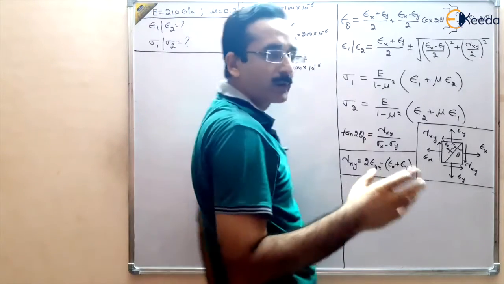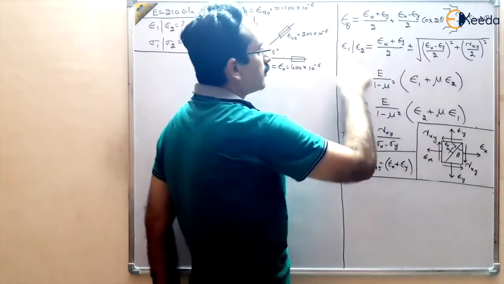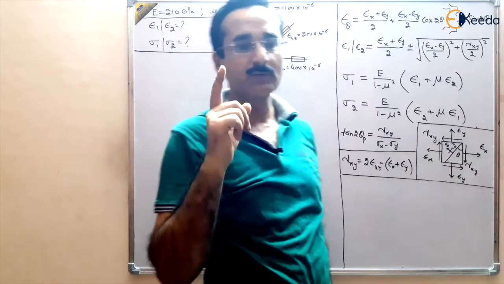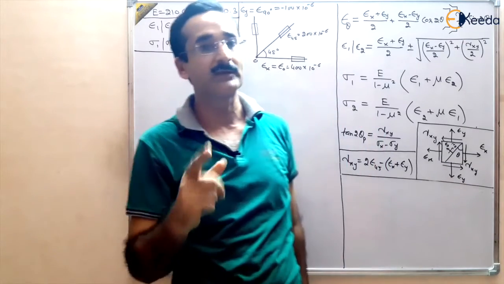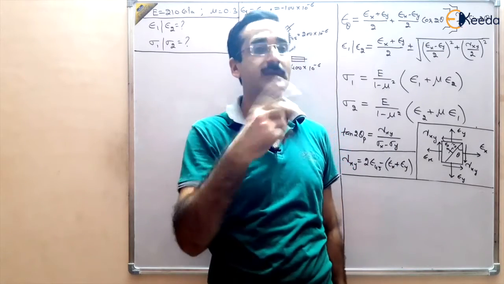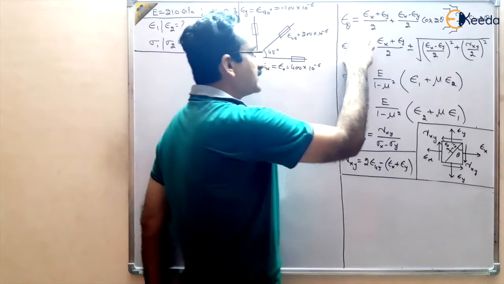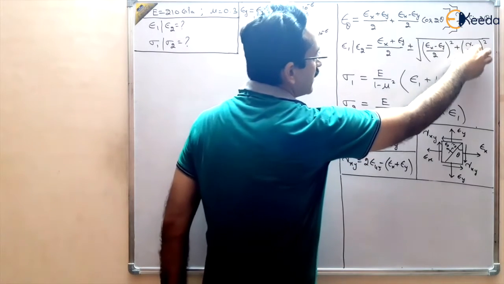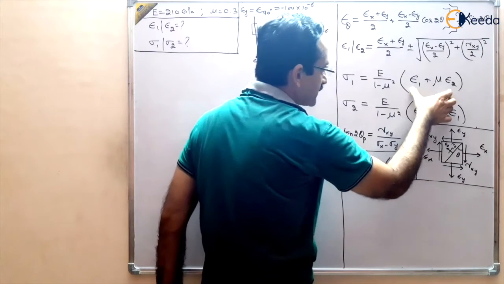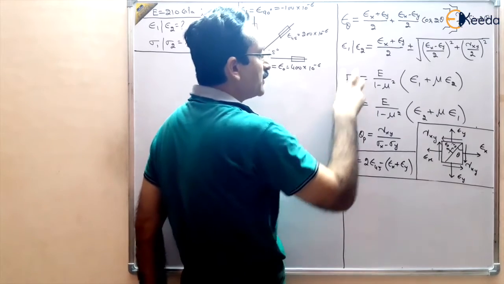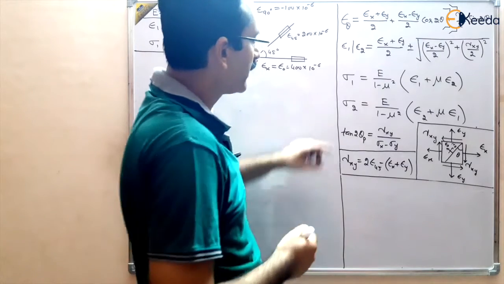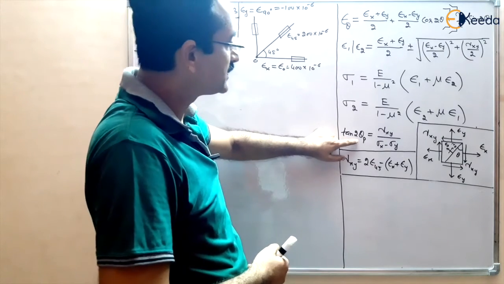Also we have read the formula in our theory lectures about the principal strain, how to find out the principal strains, and from these principal strains we know that we are not able to directly measure the stresses. We can measure the strains, and from strains, by using formula, we have to determine the stresses. So by finding the strains using this epsilon x, epsilon y and gamma xy, we can find out the epsilon 1 and epsilon 2, and then this epsilon 1 and epsilon 2 will be put here to find out the stresses. So principal stresses can be obtained using the principal strains, and then we also can find out the angle at which principal planes are acting.